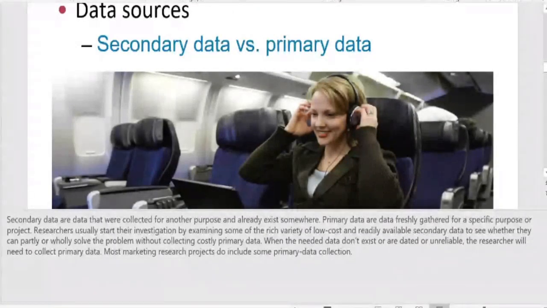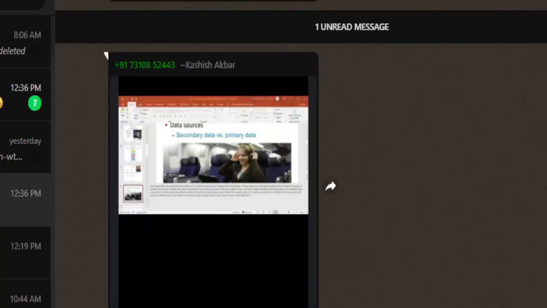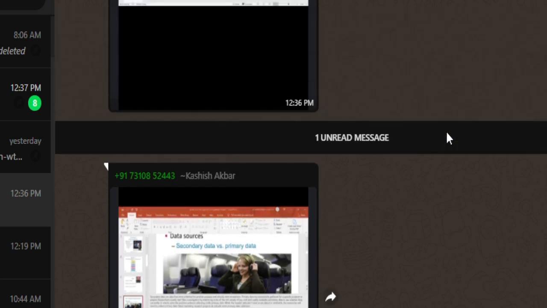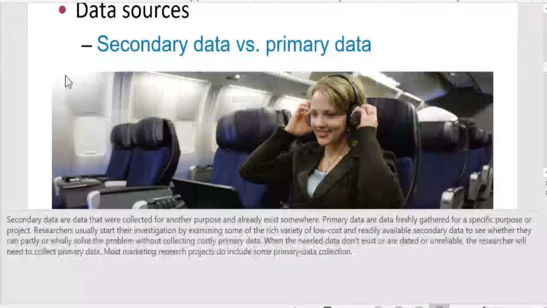Thank you very much. Let us look exactly at the content. What basically I'm trying to tell you is about developing the research plan. This is about the data sources, that is, when do we use a data source which is primary, or when do we use a data source which is secondary, is what I'm trying to focus on as of now. So let us look exactly at the data sources. We would be looking at the primary and the secondary data source, and we intend to see when primary data is used and when secondary data is used.